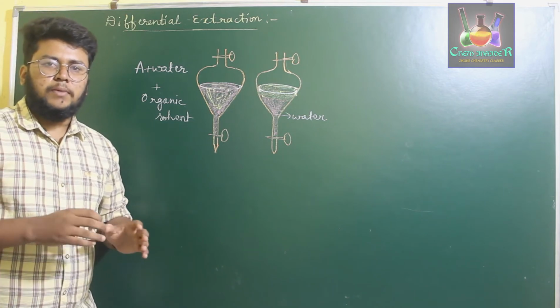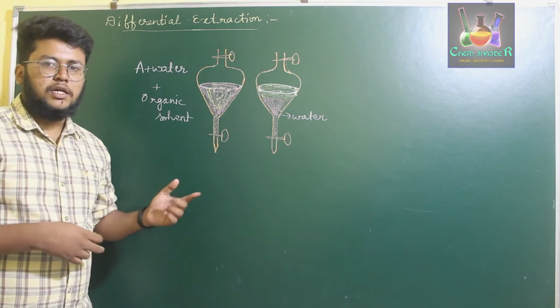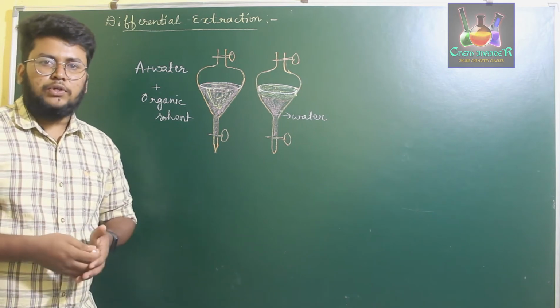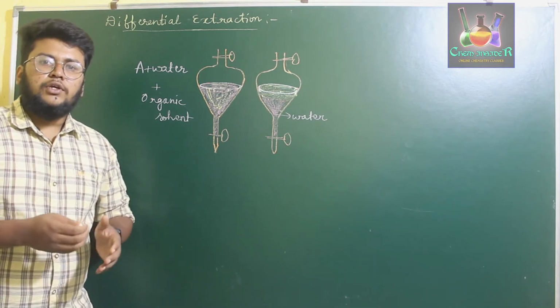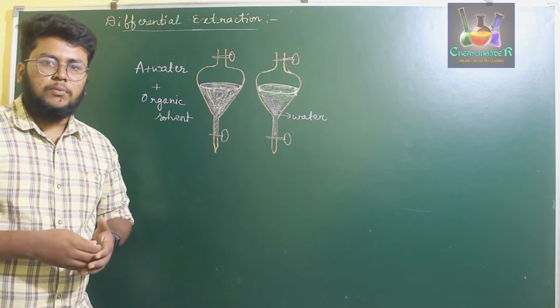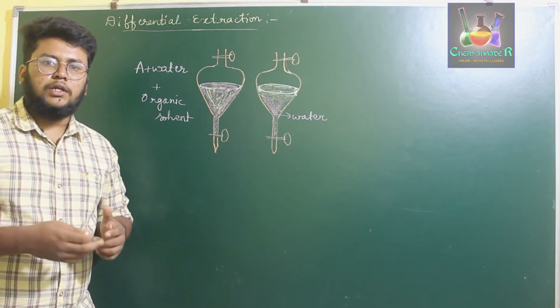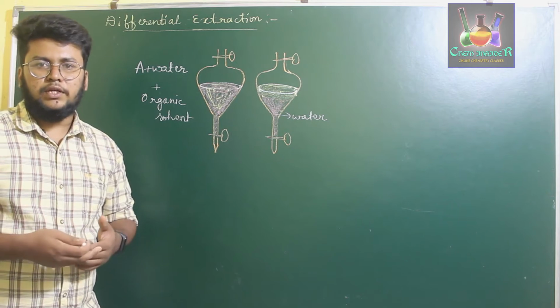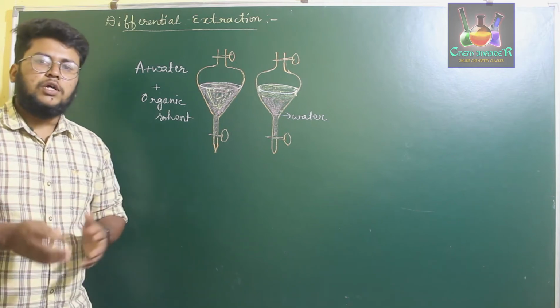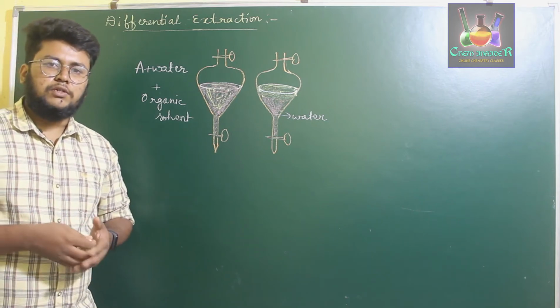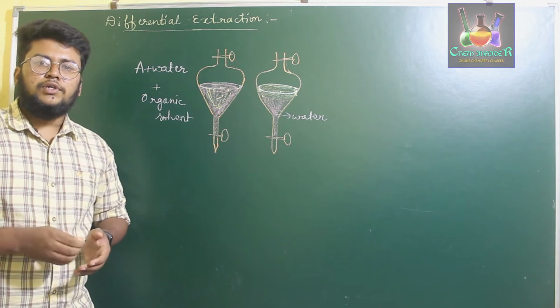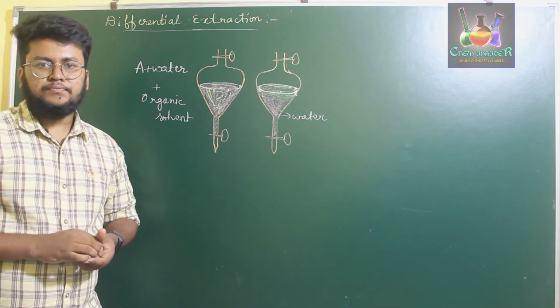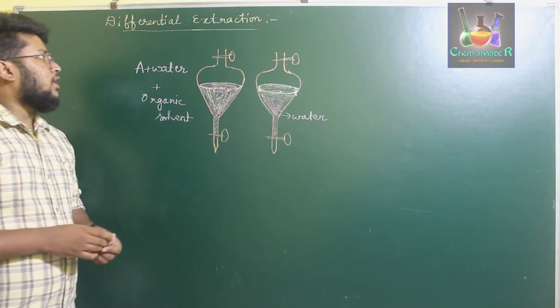In some cases, if you repeat the cycle 2 or 3 times, it will be more than enough. But in some cases, due to a very low extent of solubility, we have to repeat the process for more than 10 to 15 cycles. Hence, those types of extraction purification processes are called continuous extraction processes. Okay, so this is all about the